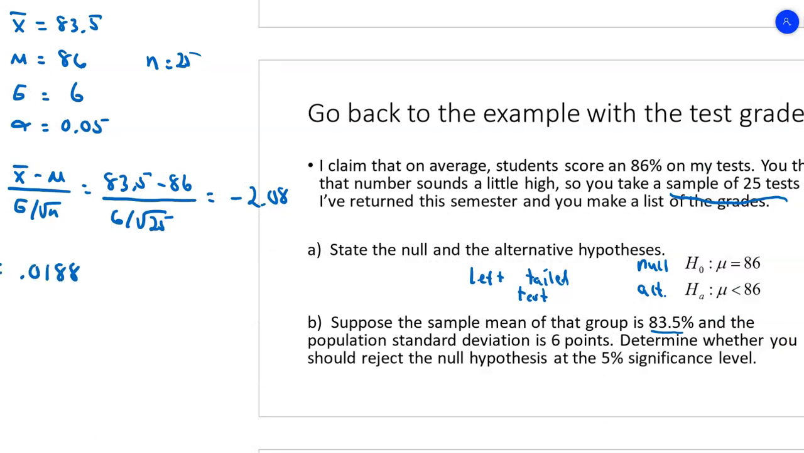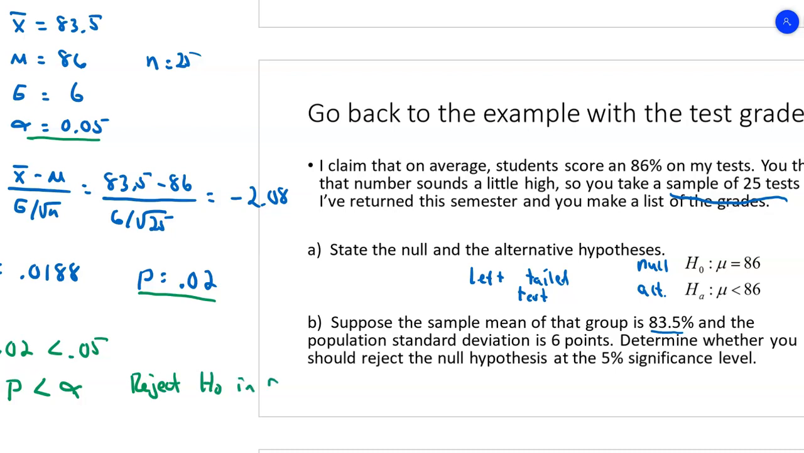Which, if I want to write it in 2 decimal places, I could write as 0.02. Okay, that's my p-value. That's my significance level. 0.02 is less than 0.05, which means that my p-value is less than alpha. So from this problem, I claim a 2% probability that I'm going to make an error. I'm willing to accept up to a 5% possibility that I make an error, so I'm okay. So at this point, I can reject the null in favor of the alternative,